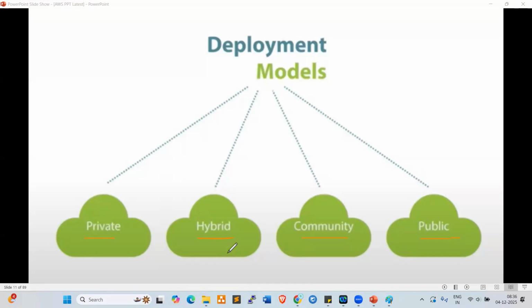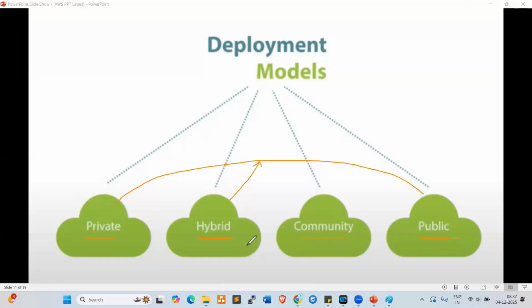Currently, most of the organizations, most of the project teams, most of the companies are using hybrid cloud. They host their applications, company websites, and job portals on public cloud, and they host their database on private cloud, a local server. For example, let us take HDFC Bank. They host their websites on public cloud, AWS cloud, and their database on private cloud. Clear, everyone? Yeah. So hybrid cloud is nothing but a combination of public and private.